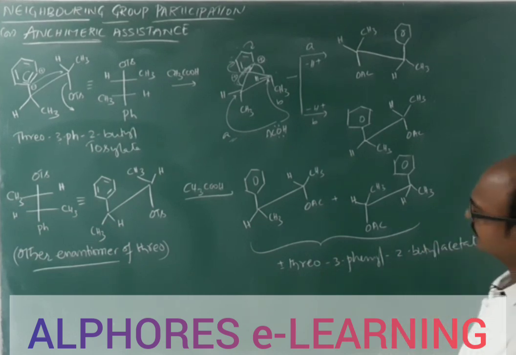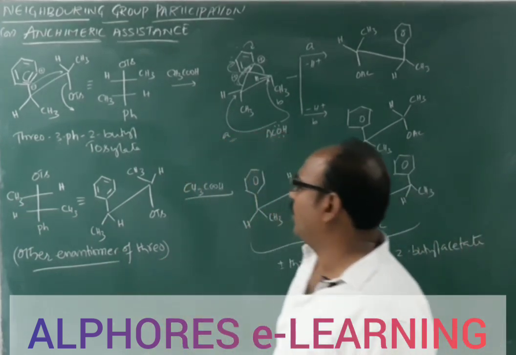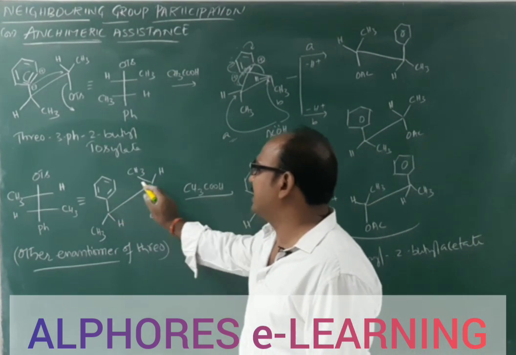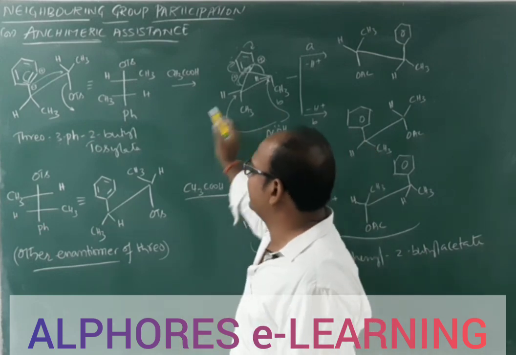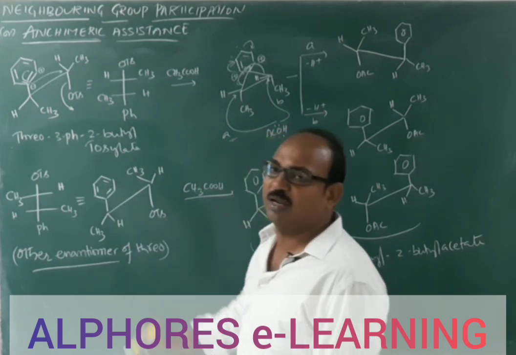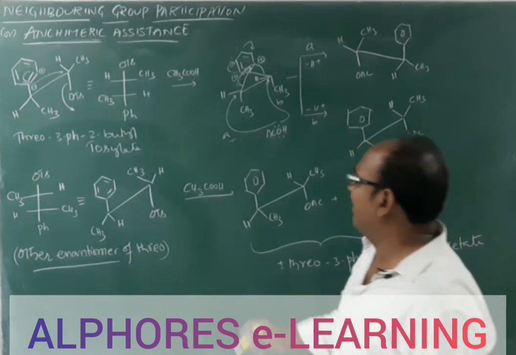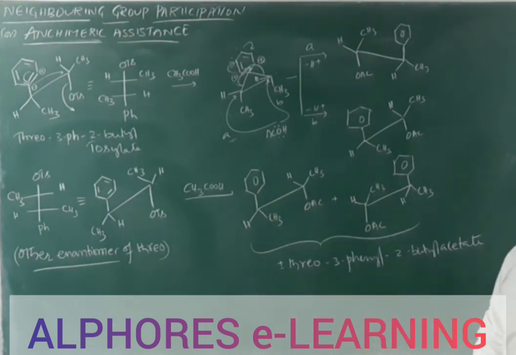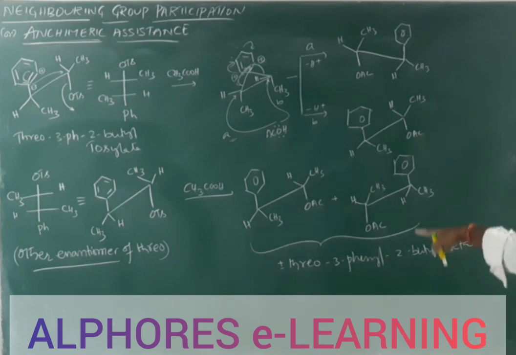Now the second one, the other enantiomer of 3O, if you consider, again there are two possibilities. Again this phenyl group shows anchimeric assistance, and just like this you are getting the intermediate carbocation, and again the acetic acid molecule attacks upon this carbon or this carbon. Both possibilities are there. Whenever this one attacks upon either of these two carbons, with respect to that attacking nucleophile, you are getting two products. This one is plus or minus 3O, 3-phenyl 2-butyl acetate. This one is also the same. So whichever enantiomer you consider, ultimately you are getting these products.